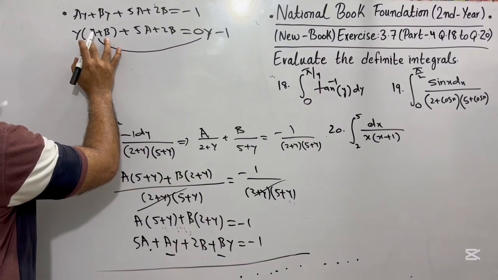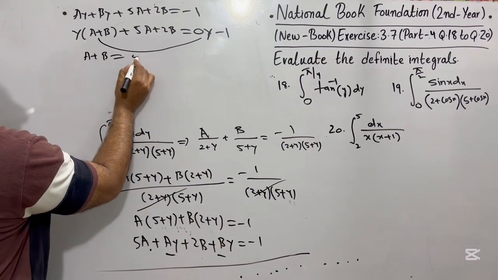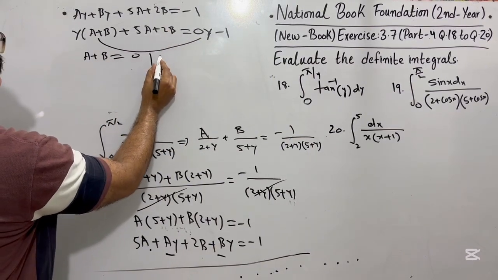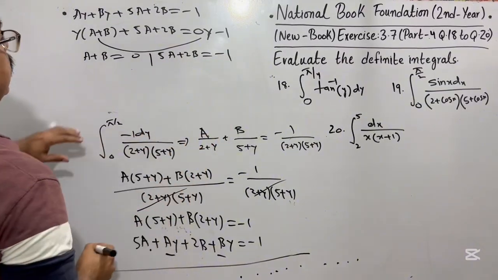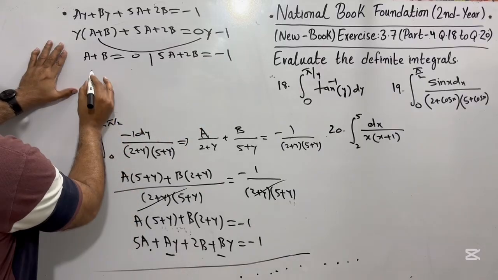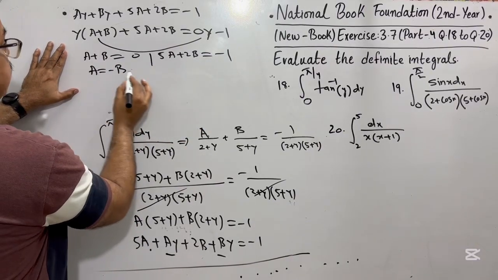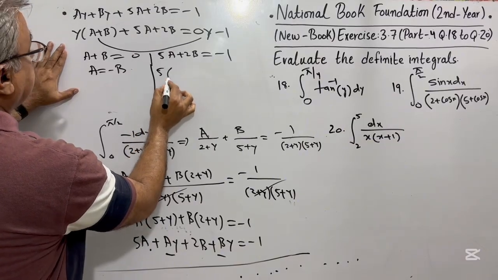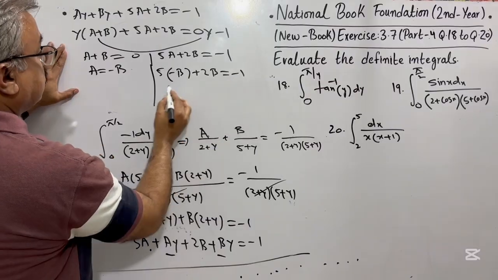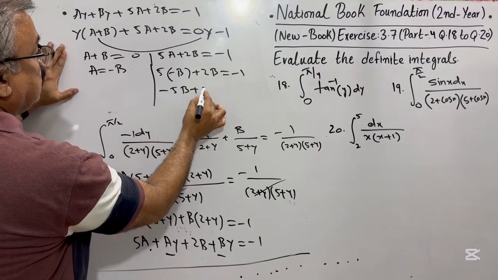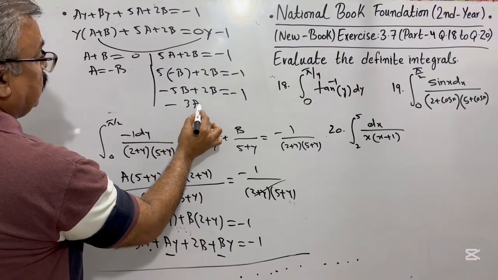Coefficient of y power 1 is equal to y power 1, meaning A plus B is equal to 0, and the second one is the constant: 5A plus 2B is equal to minus 1. From the first, A is equal to minus B. Plug it in here: 5 times minus B plus 2B is equal to minus 1, minus 5B plus 2B is equal to minus 1. Then we are left with minus 3B